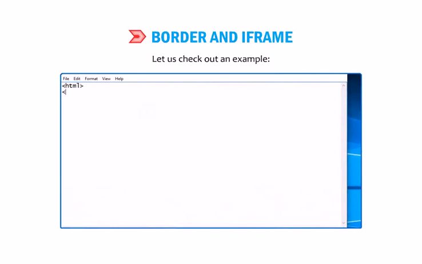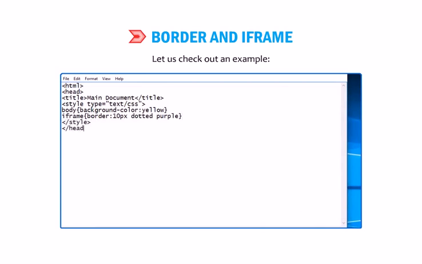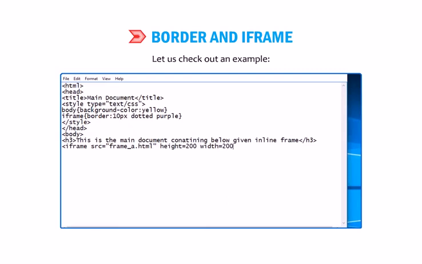<html><head><title>Main document</title> <style type="text/css"> body { background-color: yellow } iframe { border: 10px dotted purple } </style></head> <body> <h3>This is the main document containing below given inline frames.</h3> <iframe src="frame_a.html" height="200" width="200">